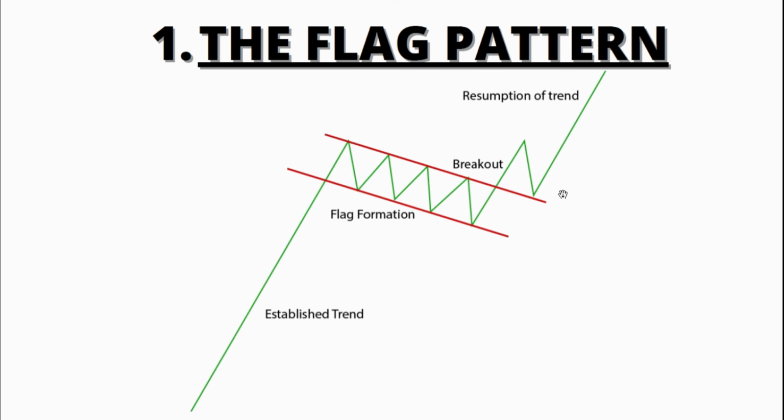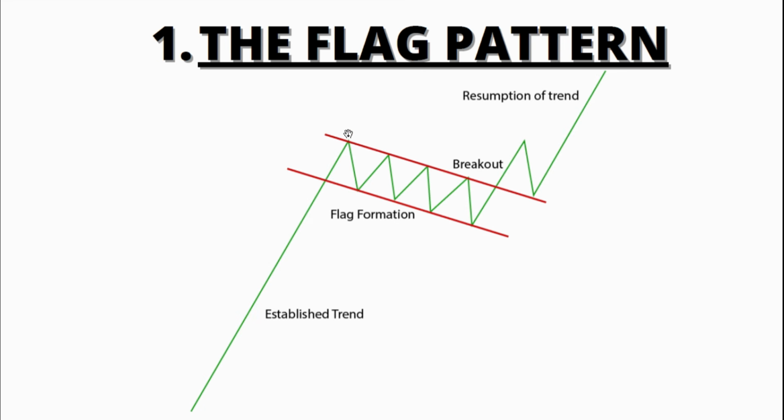So let's just discuss why this happens, the logic behind it, the psychology behind it. So you can see there is a very strong uptrend going on, and then at this point the price goes down a little bit. So why does this happen? So imagine if you are at this area, if you bought the stock or whatever you are trading, if you bought it at this point, so at this point you are seeing a very big profit in your trading account.